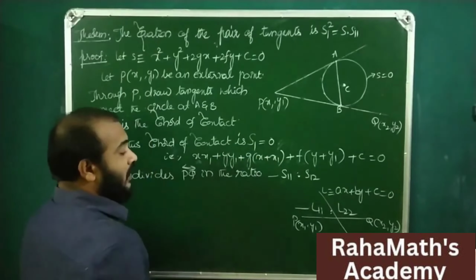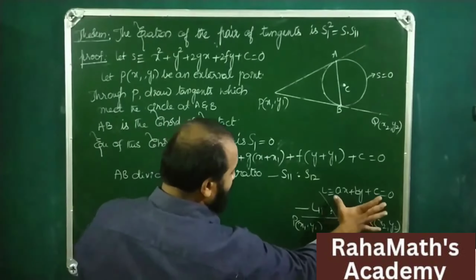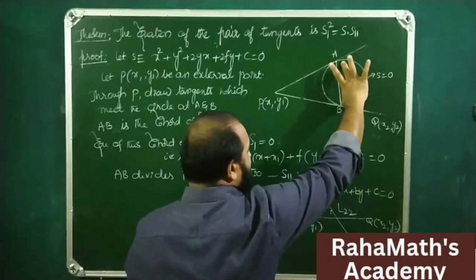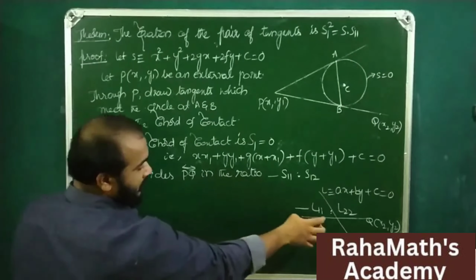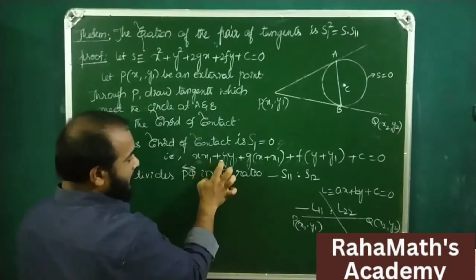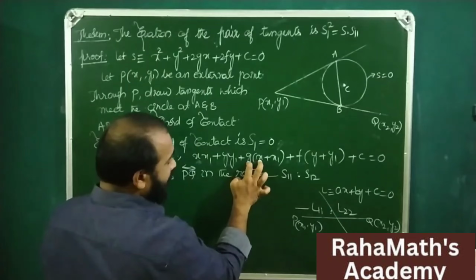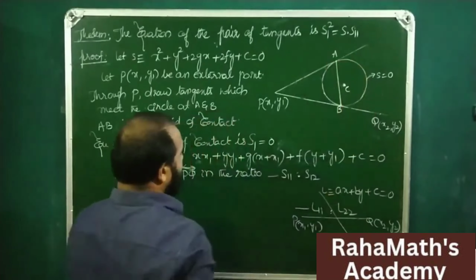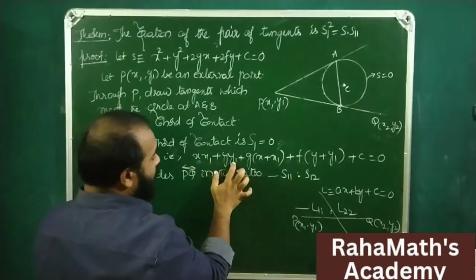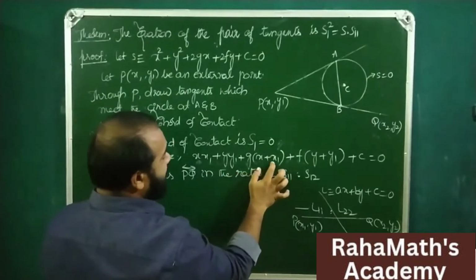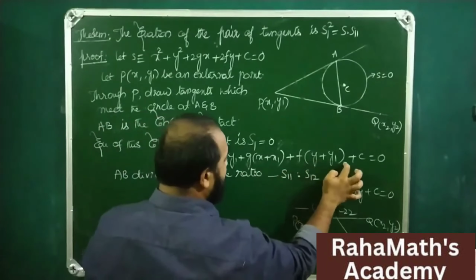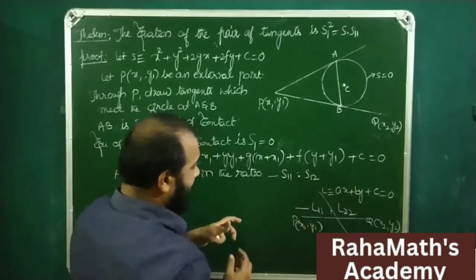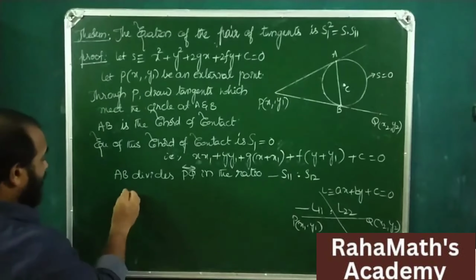Then for L22, substituting x2, y2 in this line AB: x2 x1 plus y2 y1 plus g into x2 plus x1 plus f into y2 plus y1 plus c. What is this? S21 or S12? Both are the same. Now, PB by